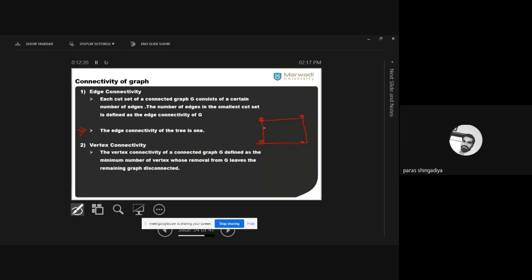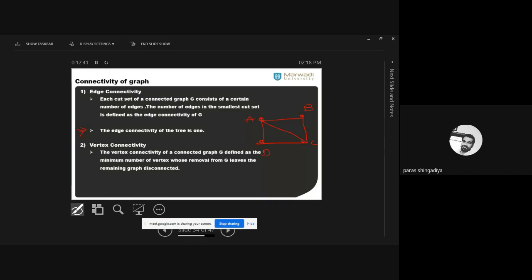Okay, these are the connections we have: A, B, C, and D. Clear? So we'll start with 1. Where will your answer start? It will start from vertex connectivity 1. We cannot consider any negative value or zero as an answer. So we'll start with 1 and check the possibility for 1.